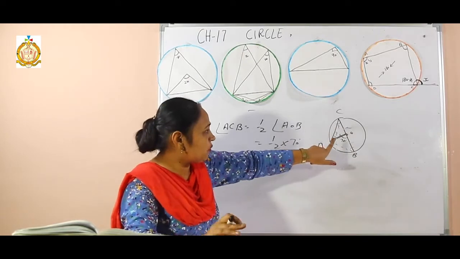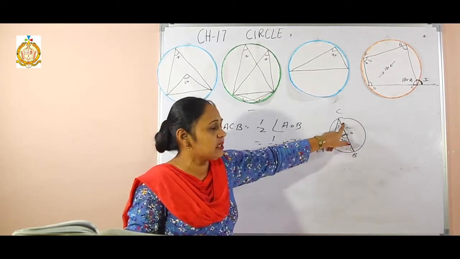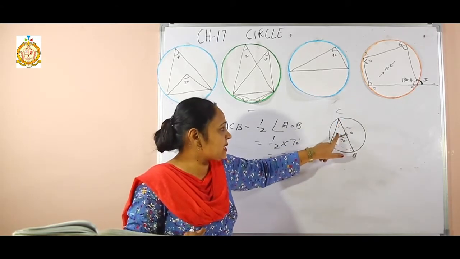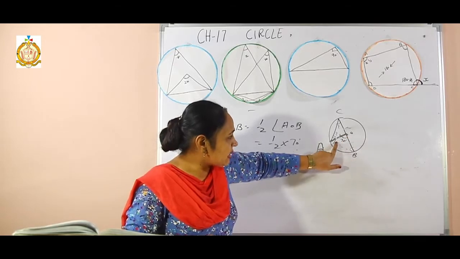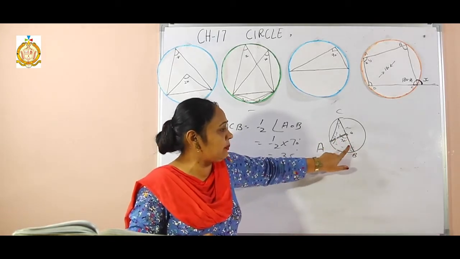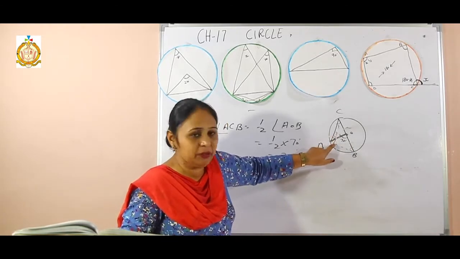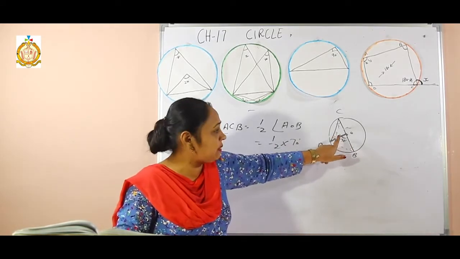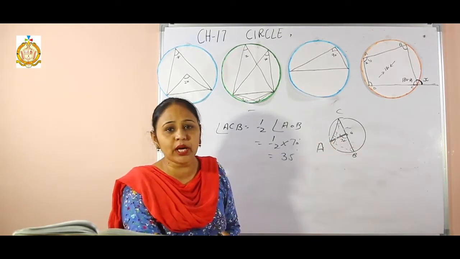Clear? That means we can use, if this is 35, this is the radius, the triangle is isosceles, that means these angles will be equal. I can solve it. Otherwise, I can take this triangle first, there is 70, this will be 180 minus 70, then 55 like this one. Then again there will be 90, 90 minus 55, again there will be 35. It's up to you which property you want to use.